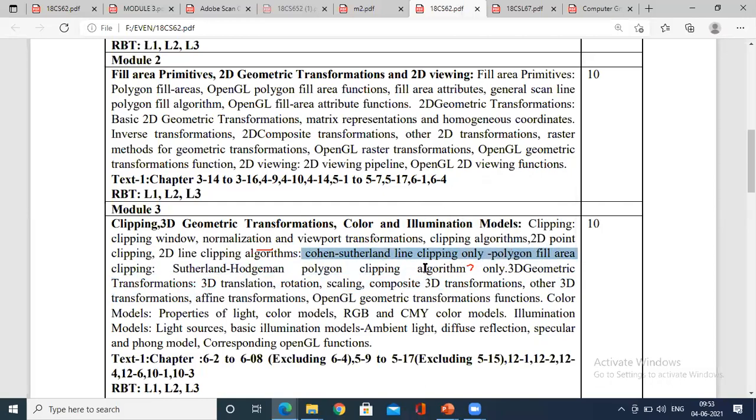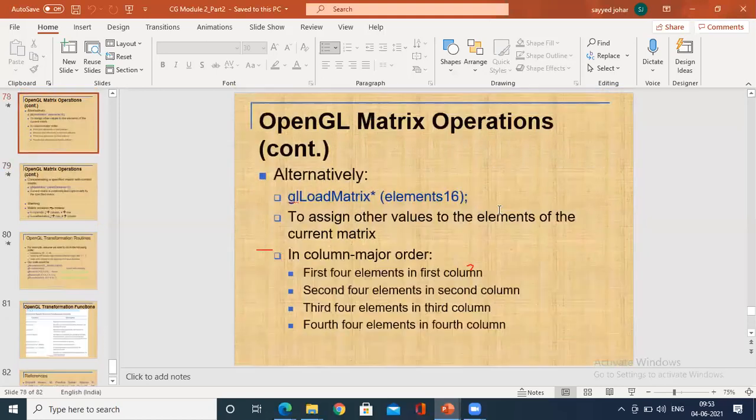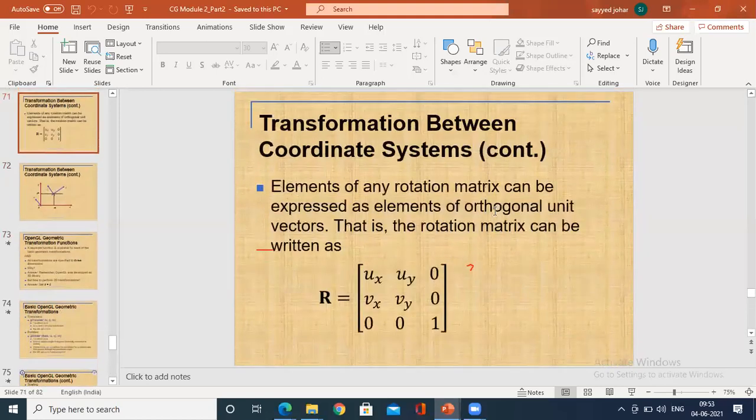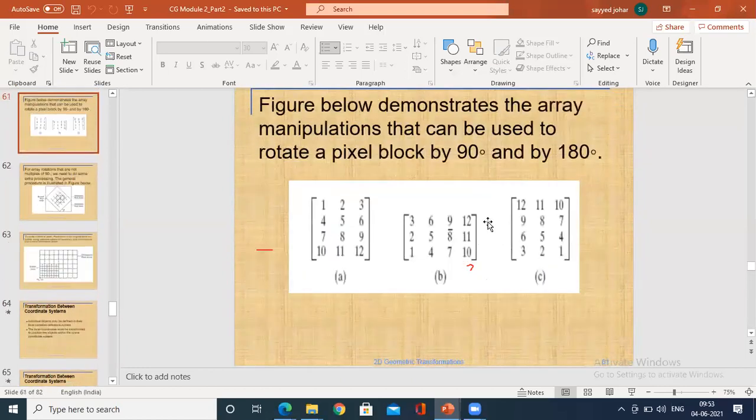So the coverage of the syllabus is not a big problem. It is totally related to other factors. Hence, I took a lot of time on these units, that is 2D transformations and homogeneous transformations. The ultimate goal is to make sure that you understand the third module easily, right? One concept is raster transformations. This has to be covered, and viewing has to be covered, and a few other transformations which I have left today, that is shear and reflection along the XY plane, I will explain along with the lab. I'll make sure that I complete it.